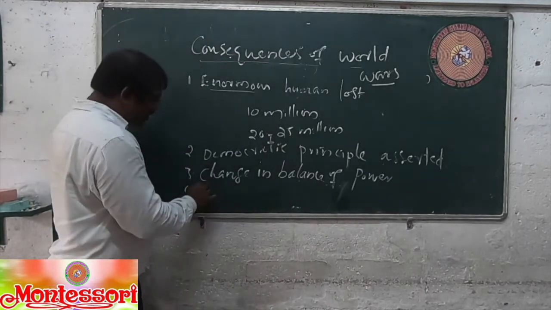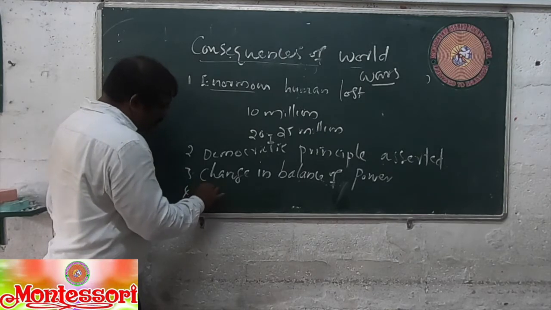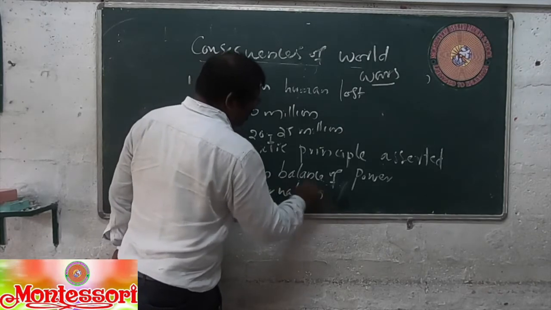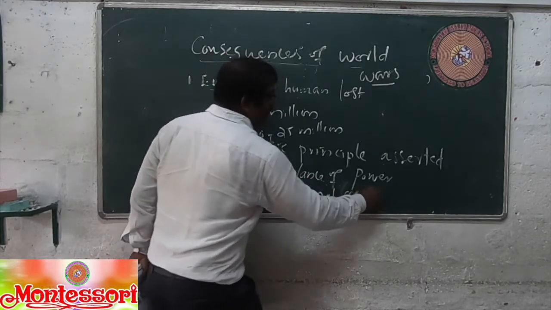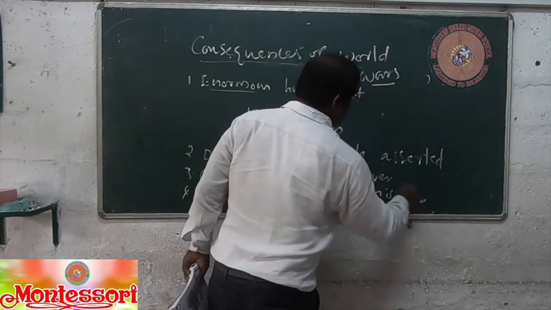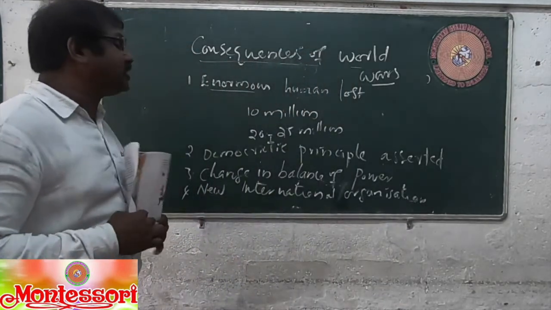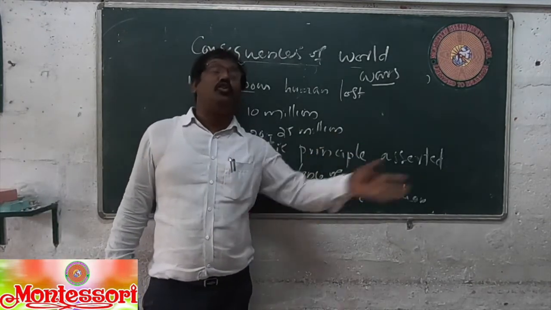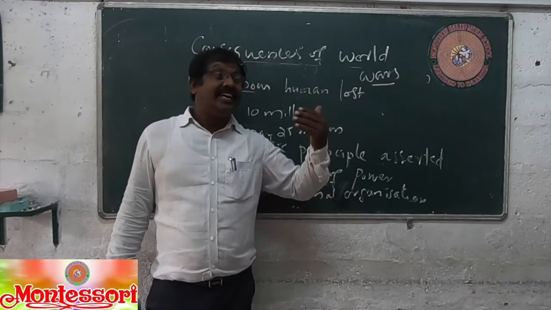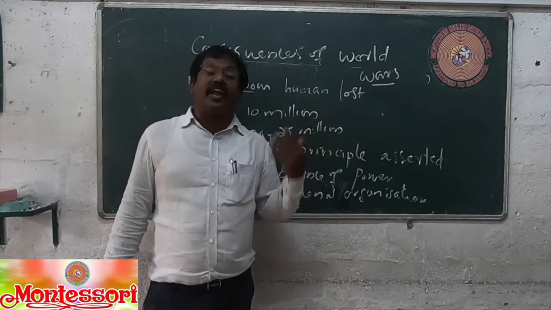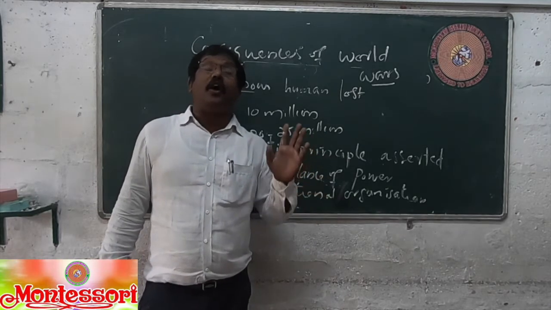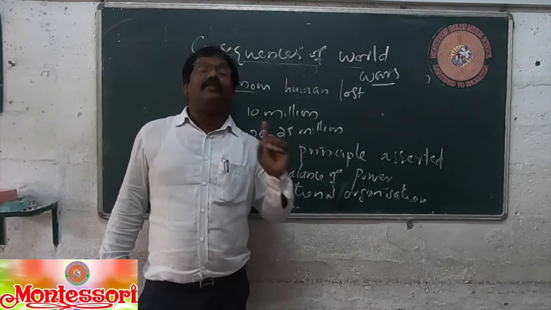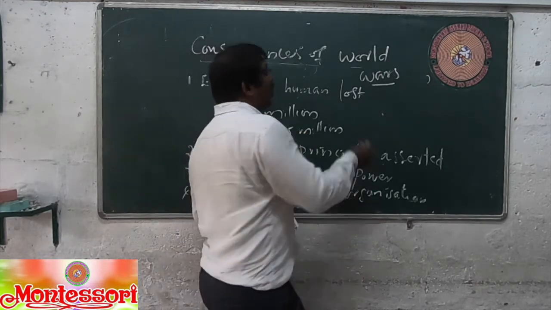Next one is new international organizations. Remember, new international organizations were formed after the First World War. The League of Nations was formed by Woodrow Wilson, but it was a failure. After the Second World War, all the countries decided to form a most powerful international organization that should stop another world war. That is called UNO, the United Nations